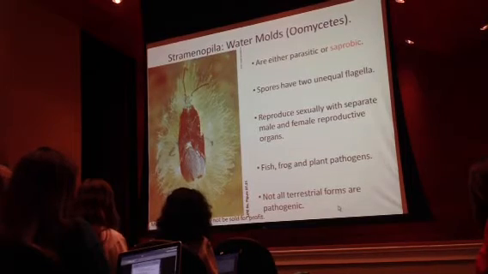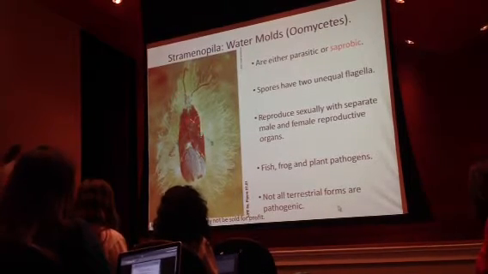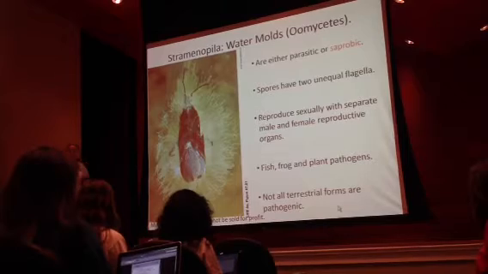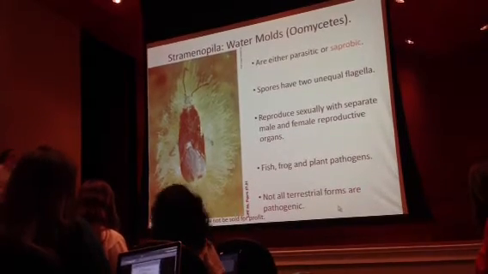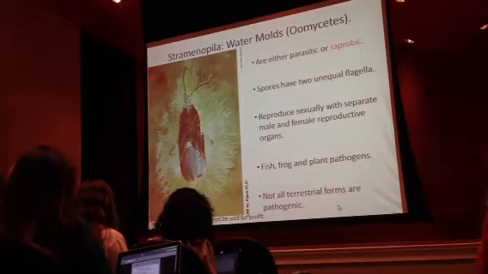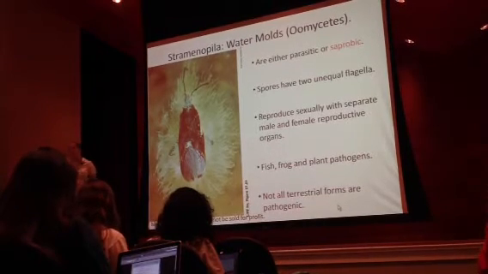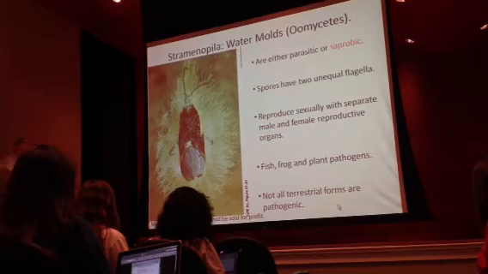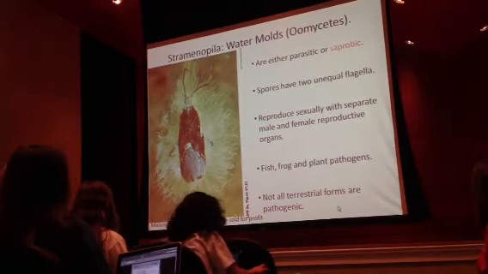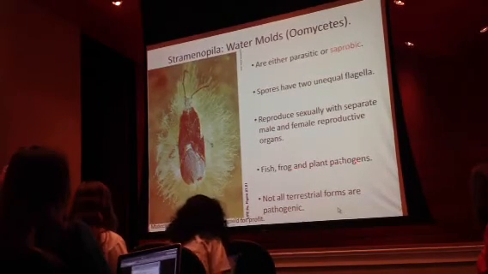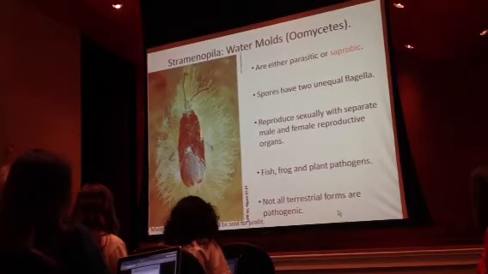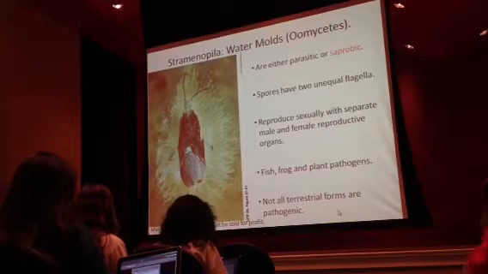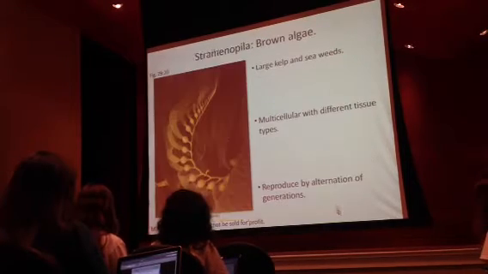They're pathogens on fish, they're pathogens on frogs. In this case, they're involved in decomposing this insect. They didn't kill it. Okay? But not all terrestrial forms are pathogenic. So we know that we have some free-living forms that don't kill. All right? One example of the pathogens that we think of are the things that cause the Irish potato famine. That was actually an oomycete. Okay? And I'll show you a picture of that.